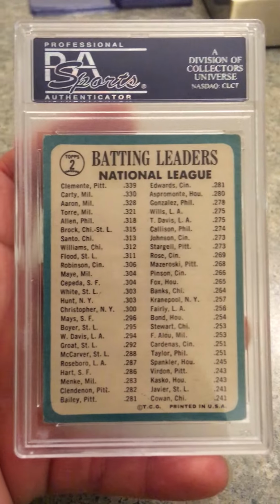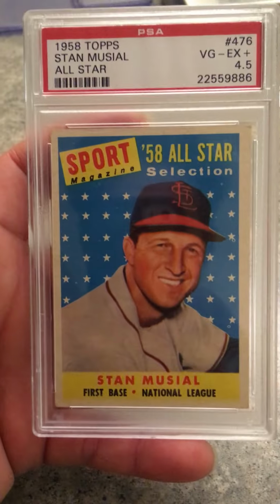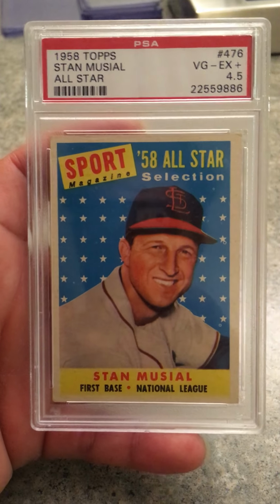Just another card I had to pick up. Can't go wrong with these, Hall of Famers that are in low to mid grades. You just got to pick them up when you've got a chance. Next one's going to be another one of these 58 All-Stars. I picked up a bunch of these from my old neighbor,